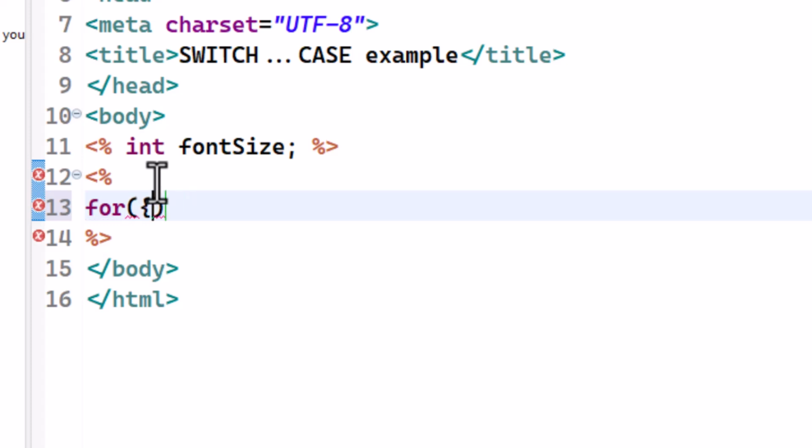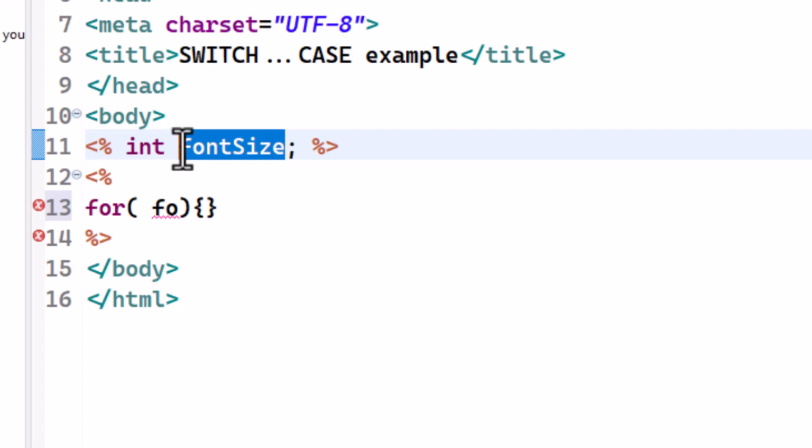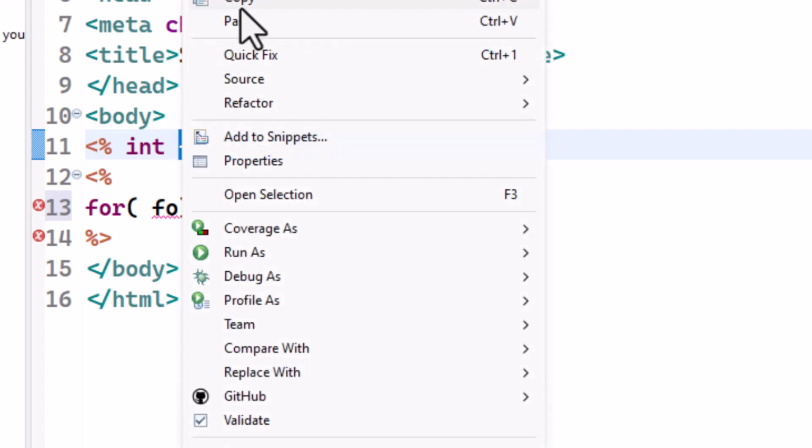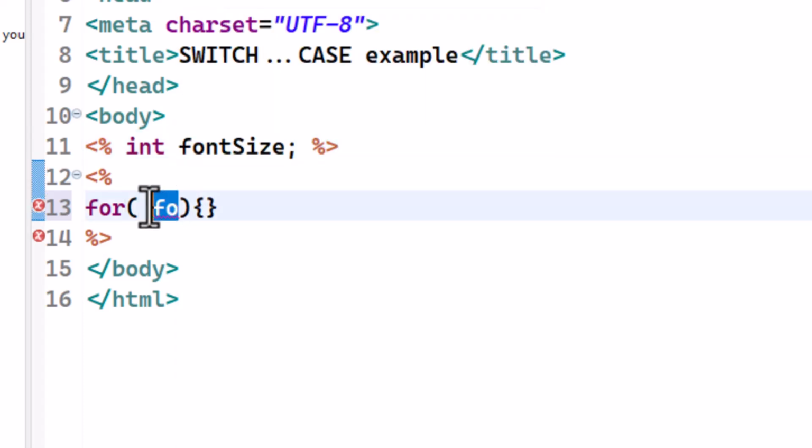Oh no, there, outside the bracket. So you say font. This font size here. So just copy that. And let's say for font equals to 1,